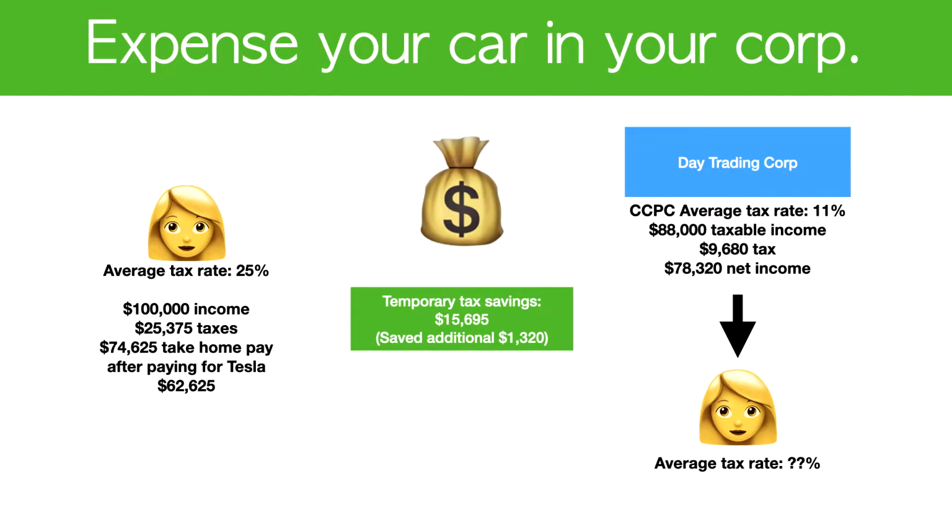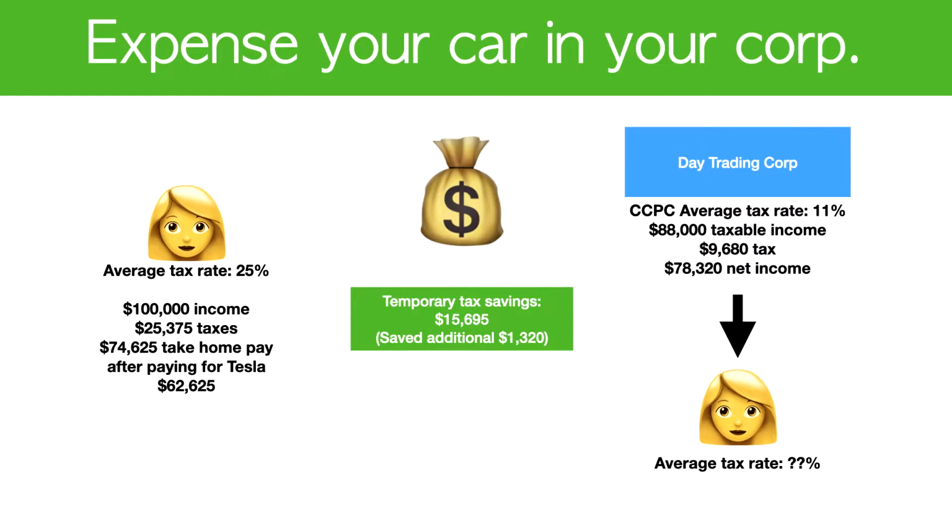So let's say you expense your car in your corporation, and now your taxable income goes down. Instead of making $100,000 as a day trader, you actually make less, $88,000, because you deducted your car. And this means you'll pay less tax as well, and that will be $9,680 in taxes. So after you pay $9,680 in taxes, and if you compare that to without being incorporated, you pay $25,375 in taxes, your temporary tax savings is really $15,695. So this is actually an additional tax saving of $1,320 just by expensing your car. That's pretty amazing, right? Just up till this point, I think I've already saved you $15,695 as a day trader,